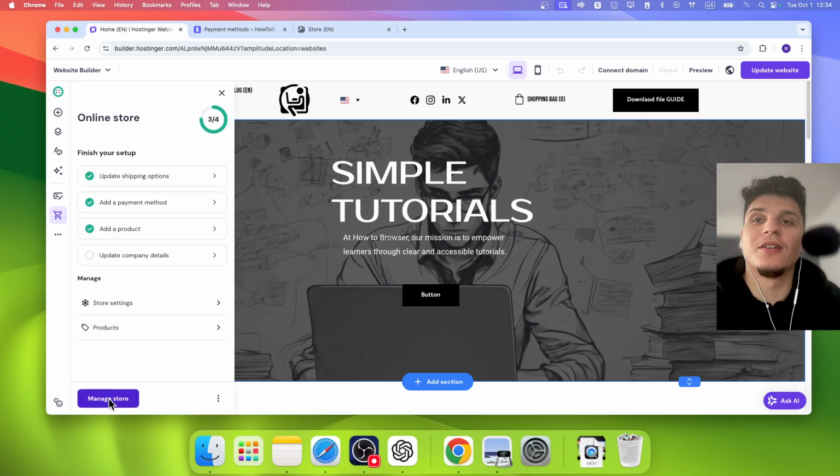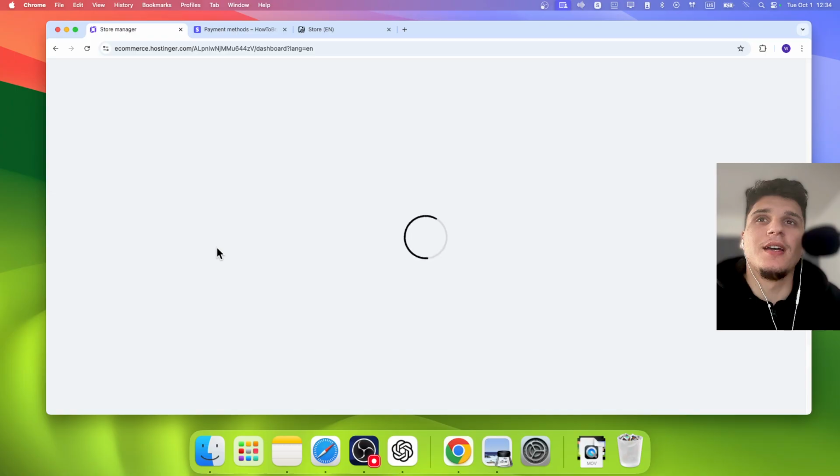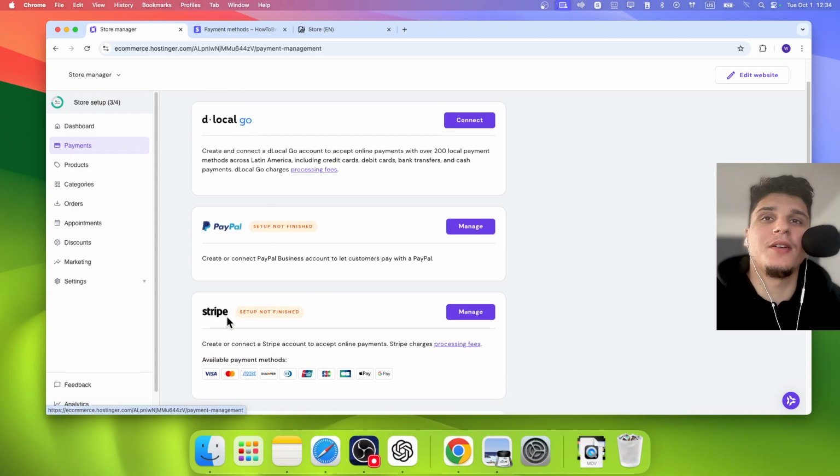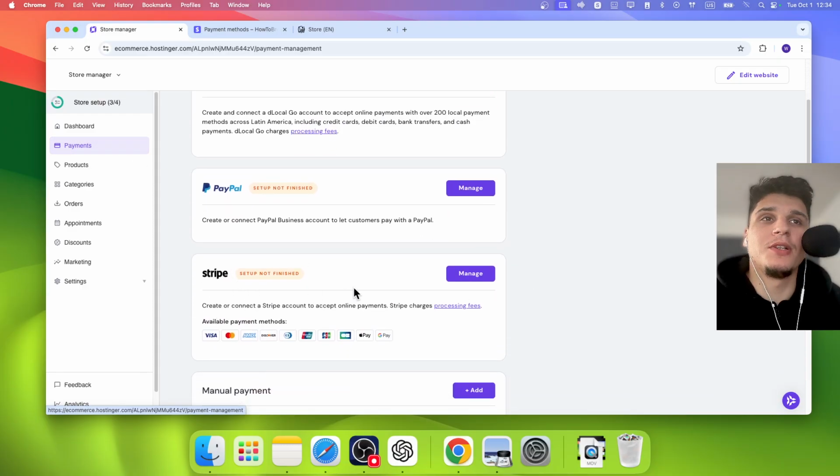Please now click on manage store, and now from here we can add products, payment. Let's click on payment, and now here we can set up Stripe. Make sure you set up Stripe, and then once you're doing that, go to